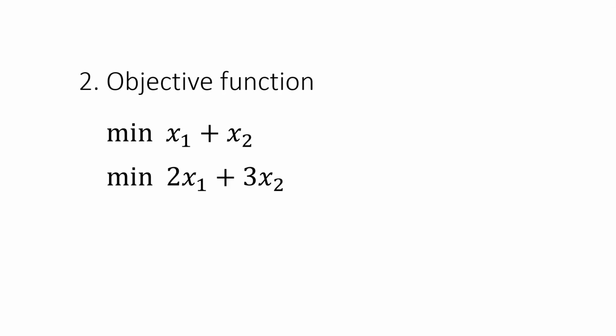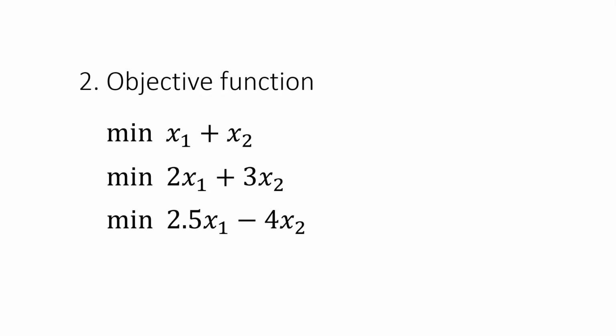This objective represents what you want to maximize or minimize with your variables. For example, it could represent that you want to maximize the total earnings from your investments, or it could represent that you want to minimize the potential loss. Your objective function can be, for example, that you want to minimize x1 plus x2, so you want to minimize the sum of x1 plus x2,